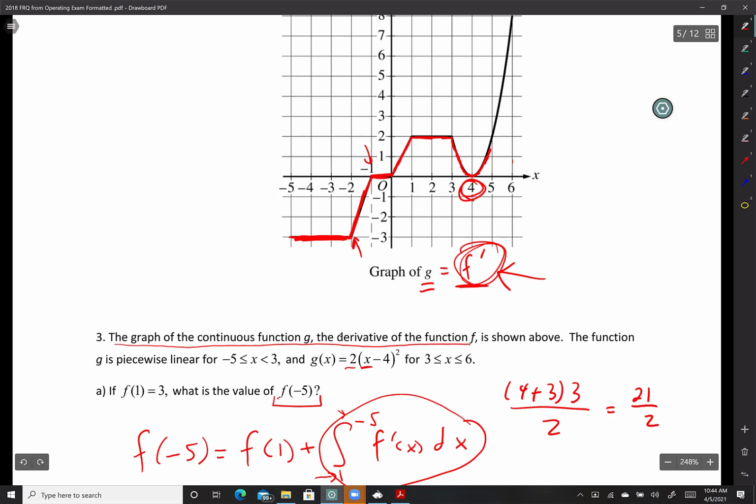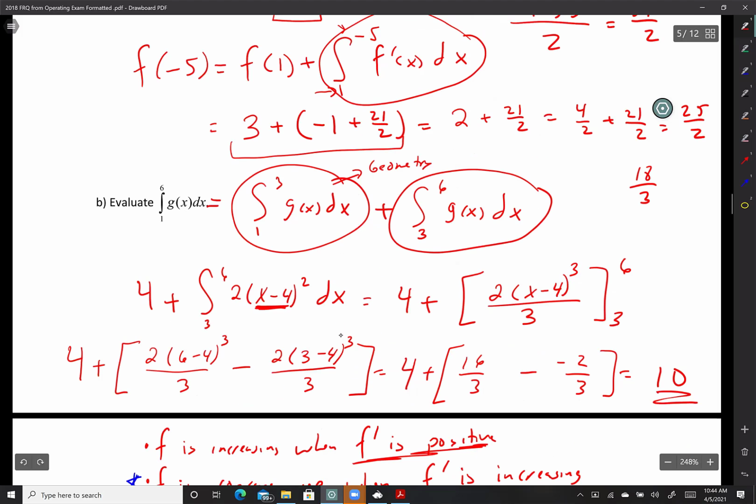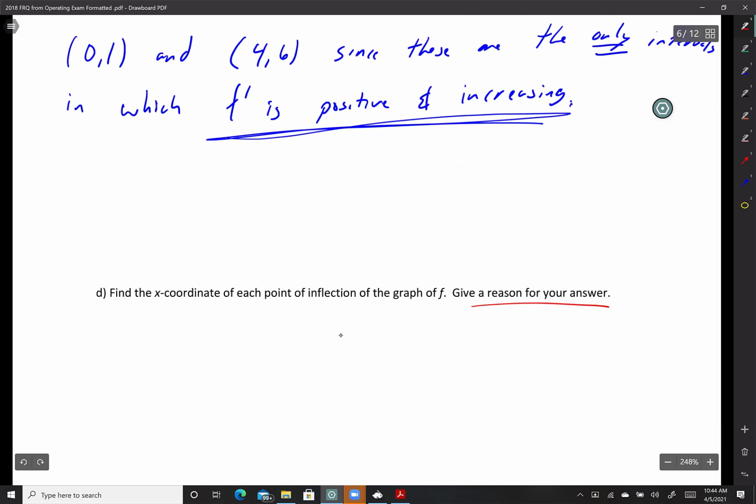I just have 1 at x equals what? 4. And you got to give a reason. The graph of f has a point of inflection at x equals 4,